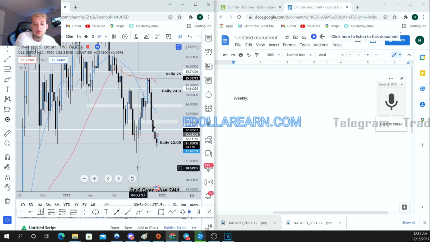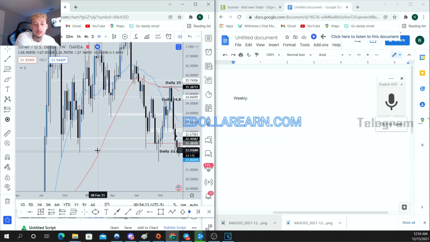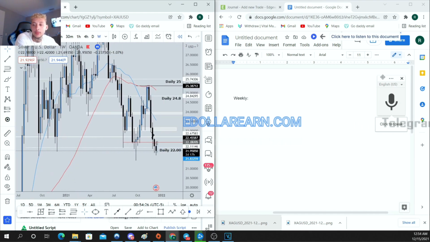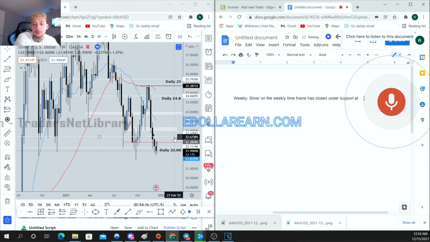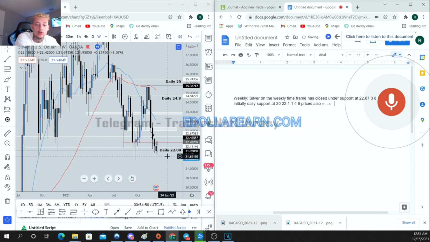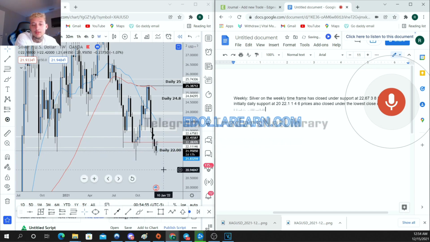So we have major support right here at 22, along with down here as well, right? So anyways, let's just get started here. Silver on the weekly time frame has closed under support at 22.67385 and rejected initially daily support at 22.1146. Price has also closed under the lowest close of the previous weekly low, where I have the red horizontal